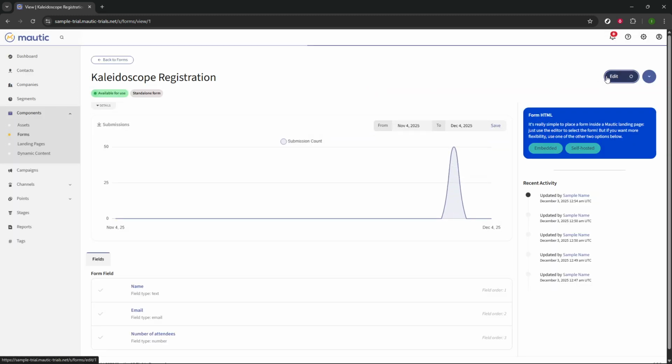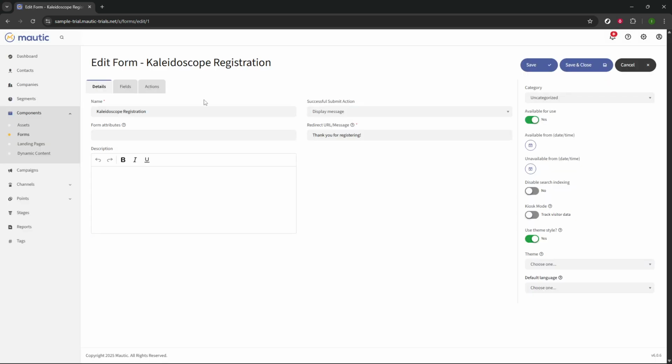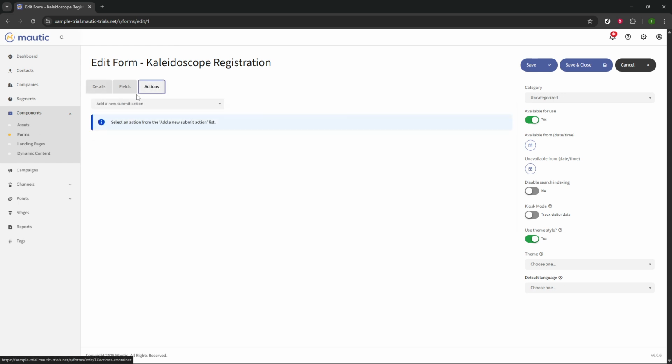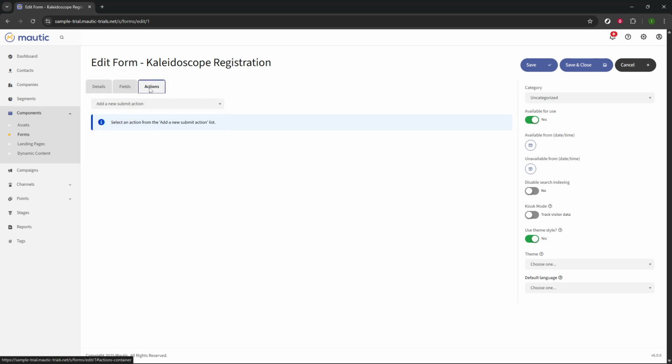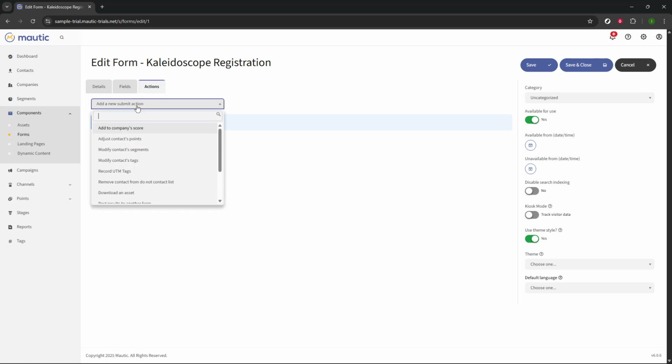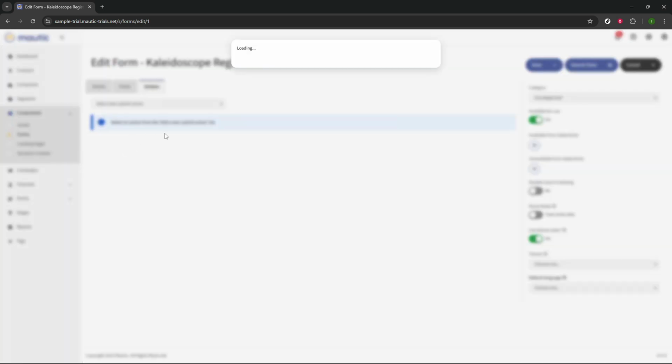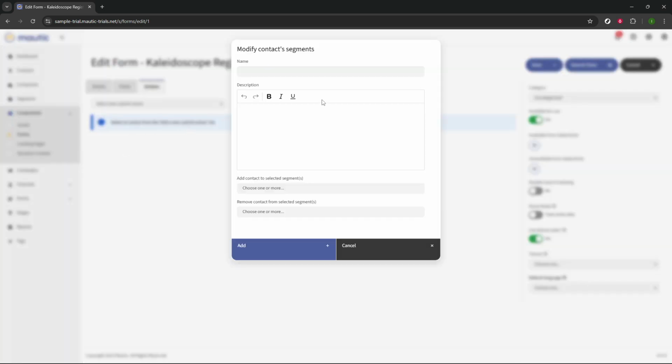This takes you into the form builder where you can adjust settings and define what happens after someone submits the form. We're going to add a submit action that modifies a contact's segments. Inside the form editor, go to the Actions section. Choose to add a new submit action. You'll see a list of available actions. Select Modify Contacts Segments. This action tells Mautic to place a contact into a specific segment the moment they submit